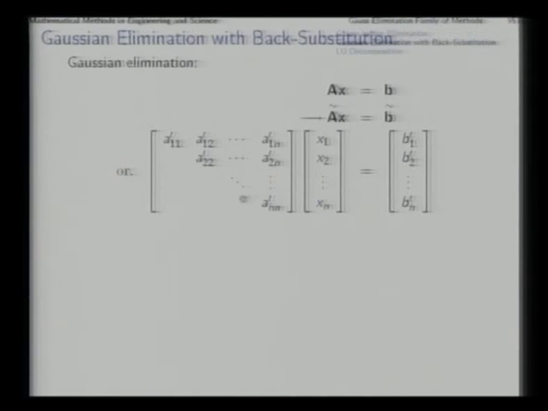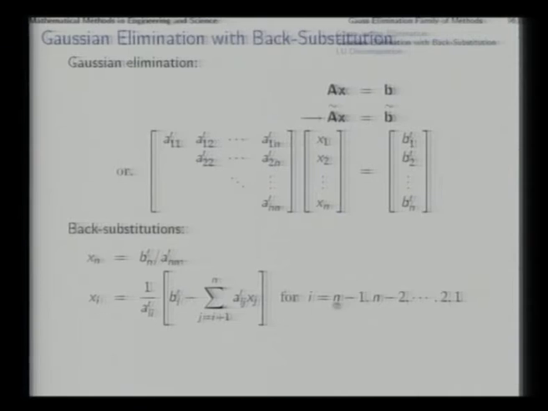equation just above, that will have two unknowns, xn minus 1 and xn. Xn is already known, so xn minus 1 can be determined. That is, one at a time we can determine if we come from the lower end upwards. That is called back substitution. This is why we say that this method is called Gaussian elimination up to this point and then back substitution.